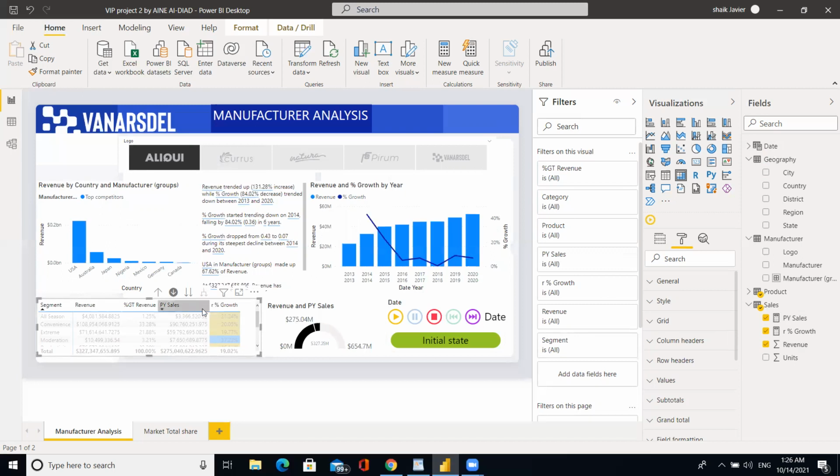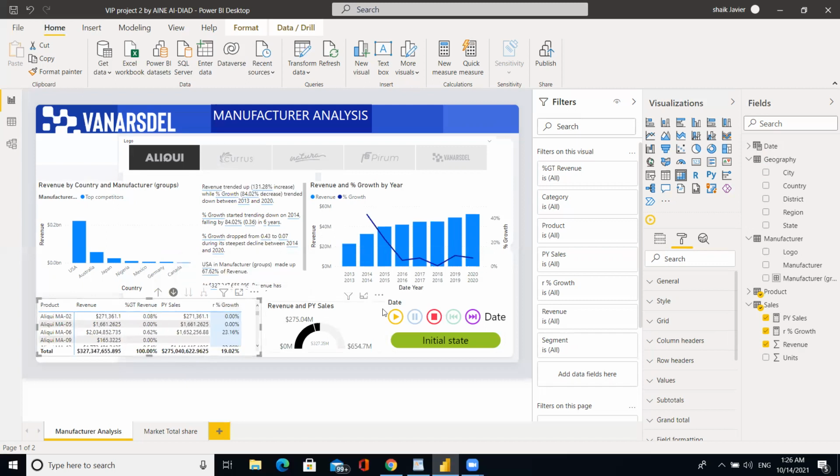See, it's changing and varies. Product total growth is 19.02 and revenue is 100%. Segment is 19.02 and the revenue is 100%.